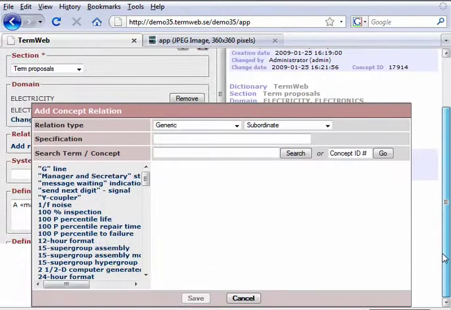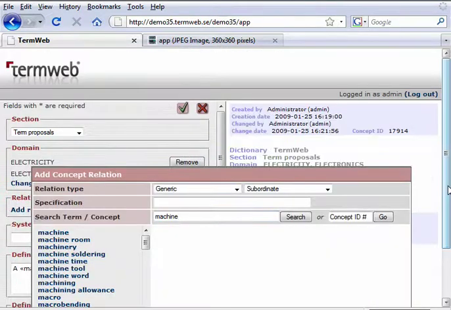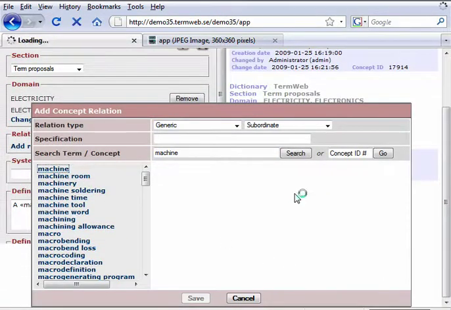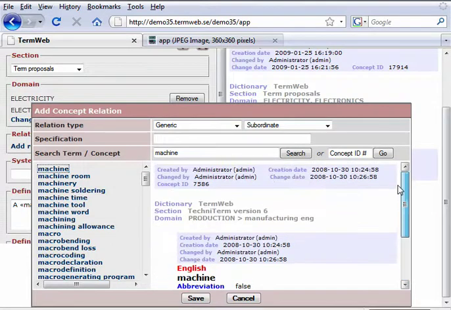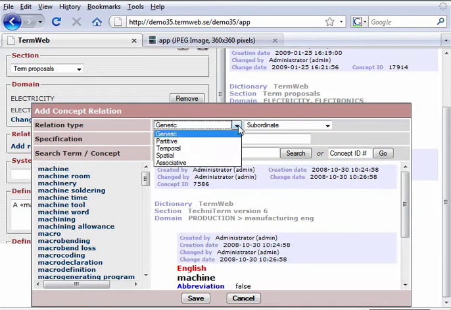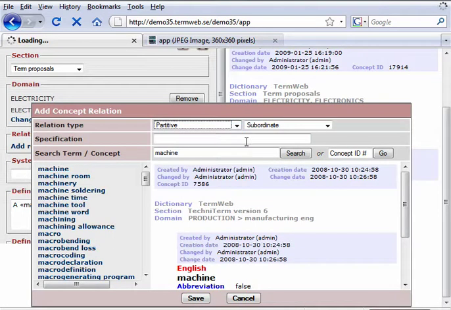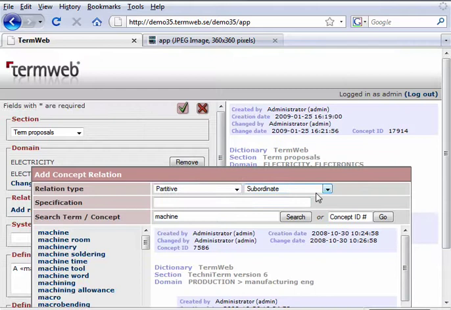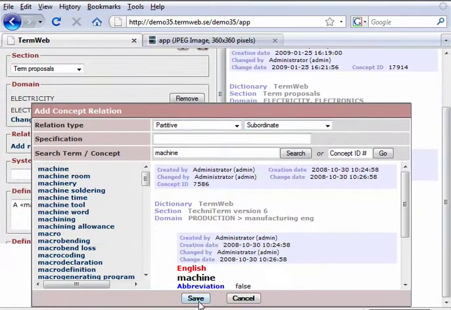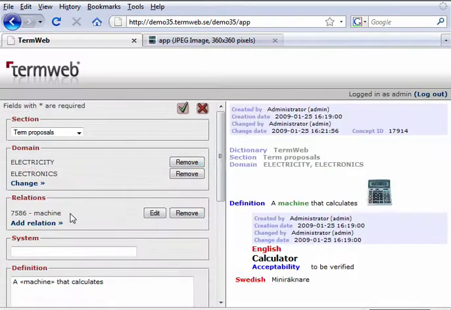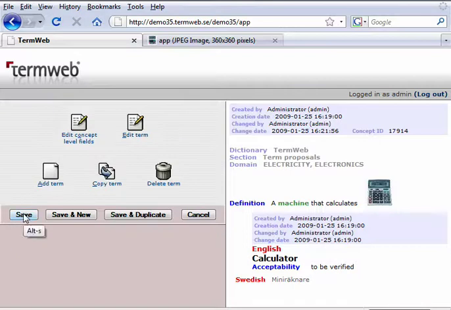As you can see again, I have this mini browser which helps me search and find the proper concept. I can see exactly if this is the right one, and I can also select the kind of relation that I want to create. In this case, I would like to have a partitive subordinate relation. I save this, and you can see here I can add more relations and I can edit and remove. Now I save my concept level fields and my concept,